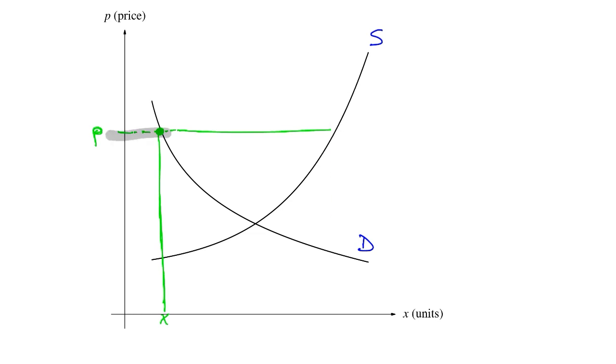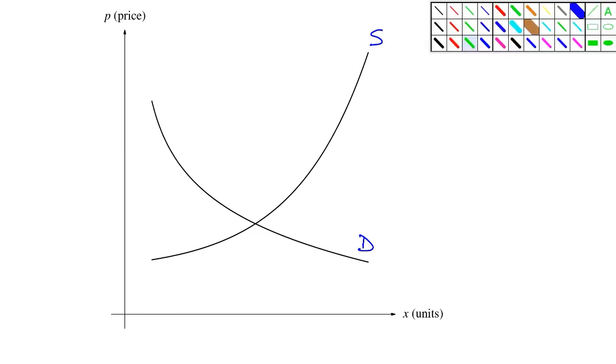Let's clear this out. Let's suppose that the price was somewhere else. Let's suppose that instead the price were to be down here. Well, now we have a demand that is really high, but for that price, the producers are only willing to supply the market with so many items. And so now we have a shortage because people want more of the item than what the producers are willing